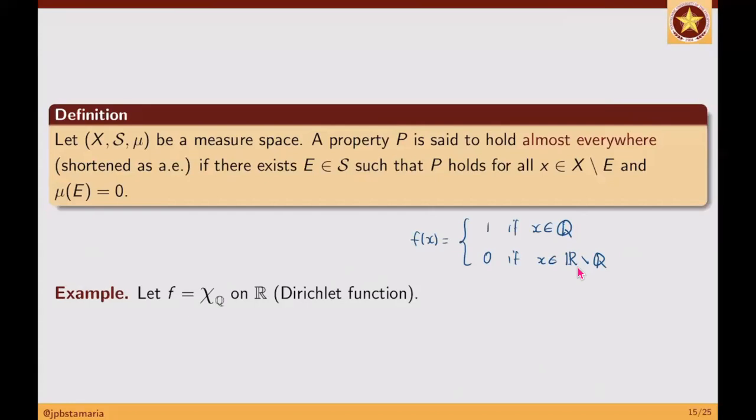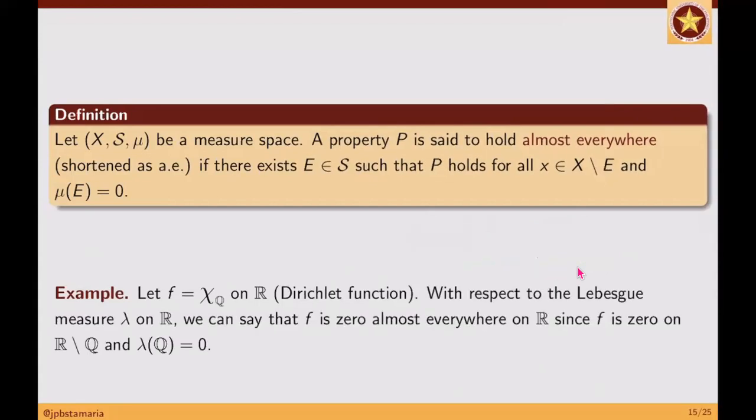Now when he was in Germany, it's Dirichlet. If you are in France, it's Dirichlet. So however you want to read it, it doesn't matter. If we're talking about the Lebesgue measure lambda, ang pangalan natin sa Lebesgue measure sa subject natin, di ba? We can say that this function, the Dirichlet function, is 0 almost everywhere.